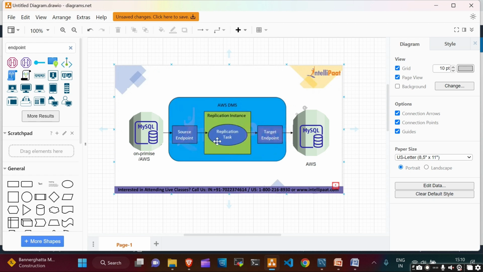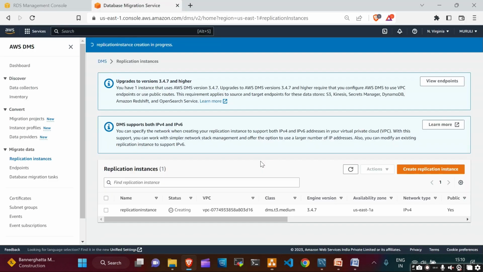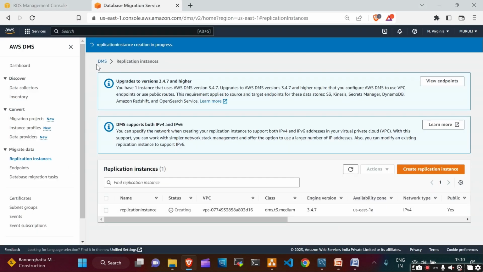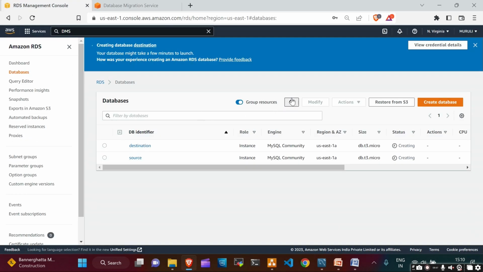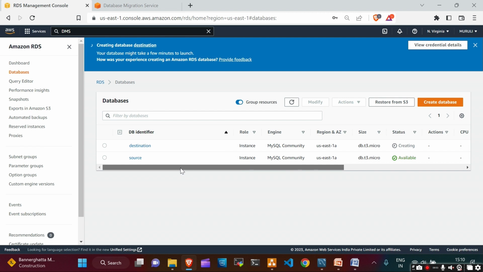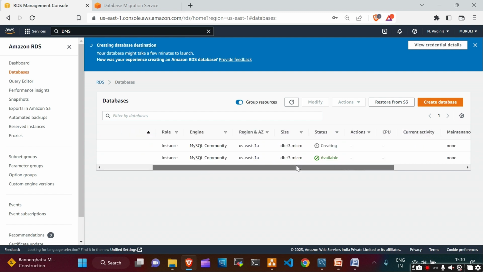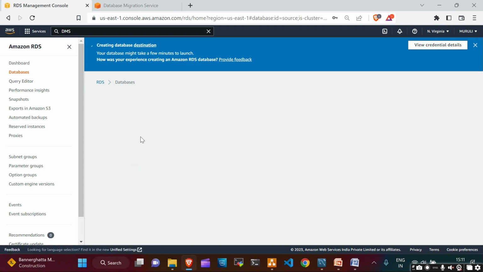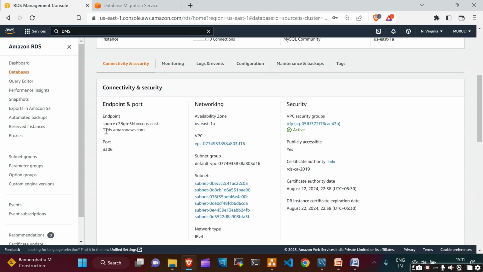For that we need to wait some time. Let me check whether these two instances are up and running or not. Now source is up and running, it's available. Now we can access it. Okay, I will click on source, and I will copy the endpoint,